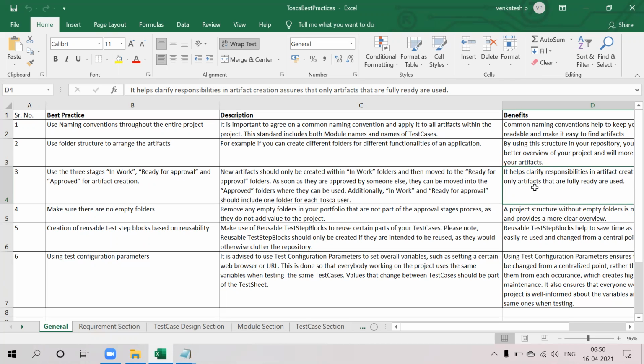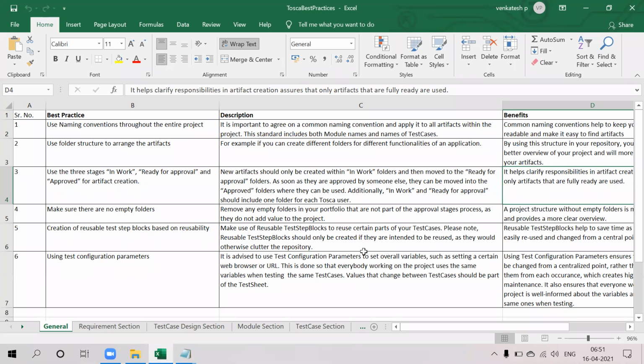For that, I apply a specific value to the test configuration parameter, like browser equals whichever browser I require, like Internet Explorer or Chrome. I just specify it there itself. So when I run my test cases, by default the browser I specified will be applied to the particular test case.